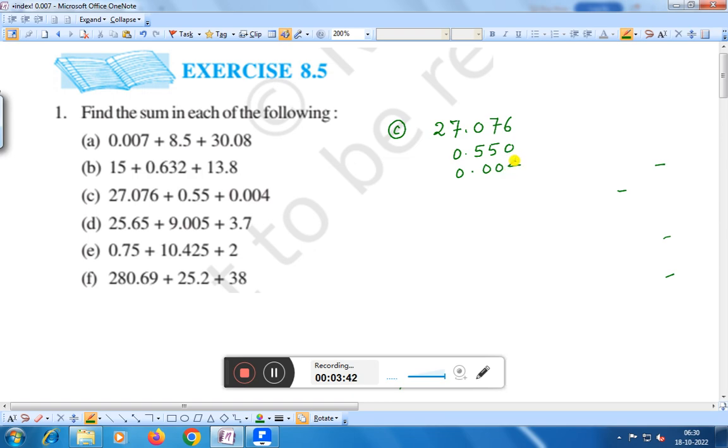If you add the numbers, what you are getting, you see, 6 plus 4, 10, carry 1, it is 0, 7 plus 1, 8, 8 plus 5, 13, carry 1, here it is 3, 5 plus 1 is 6, that is 27.630. This is the answer,